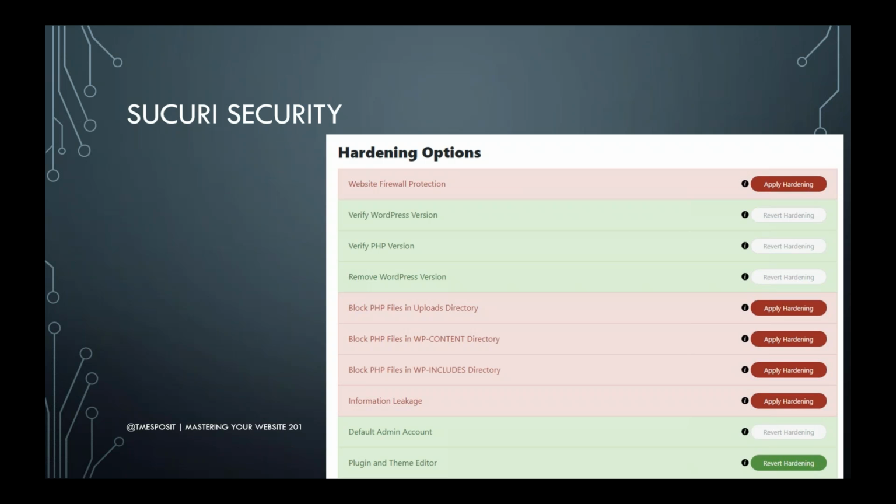So to flash back to the 101, PHP files are what runs WordPress. In a traditional website, you've got HTML files. In WordPress, you have PHP files. And what those do is they say, look at a database and render the website page that you want to see based on the content in the database. So your website information is stored in a database, not in various HTML files. And these PHP files are what links to the database.